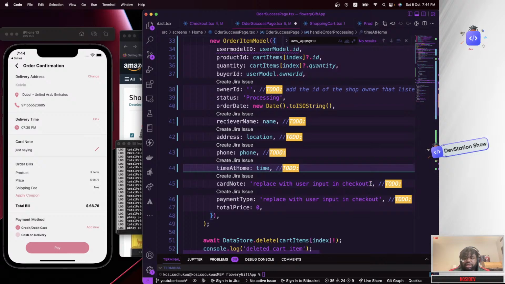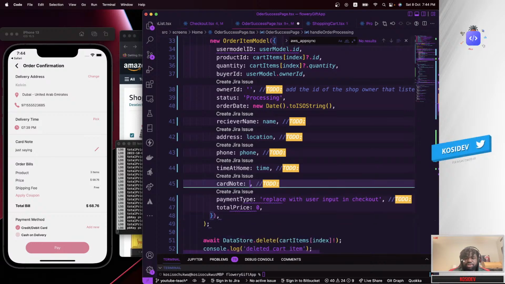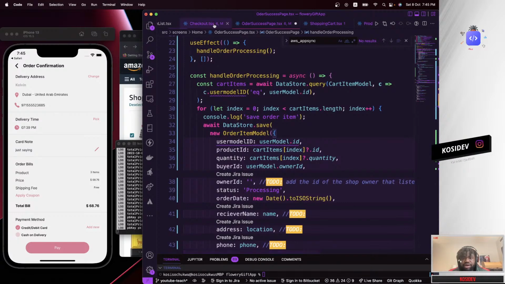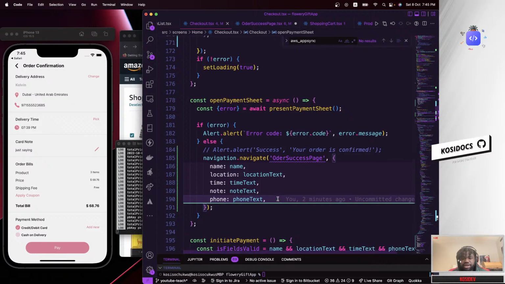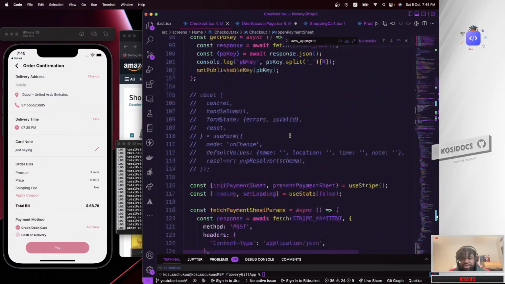And last, the card notes might be empty, but if it's empty, it's still passing an empty string, so we are going to use the empty string here. So I'm going to say notes on the payment type, which is interesting, we need that too, but we forgot to pass that along. So we need to pass the payment type the user selected, which we already have somewhere here.